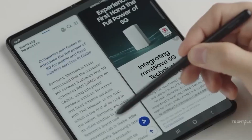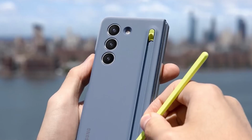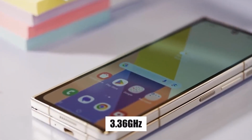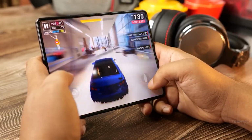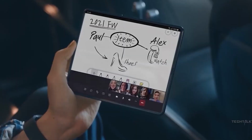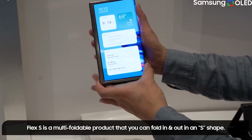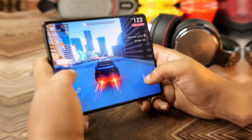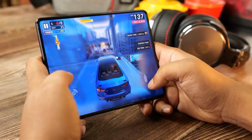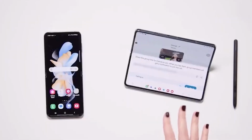The main Cortex-X3 core on the Snapdragon chip now runs at a slightly higher clock of 3.36 GHz, thanks to Samsung's collaboration with Qualcomm. The Snapdragon processor is standard across the Galaxy S23 family of devices. The Samsung Galaxy Fold 5 is said to have an improved cooling system. The improved heat dissipation should be welcome during marathon gaming sessions and other situations where the phone is under constant